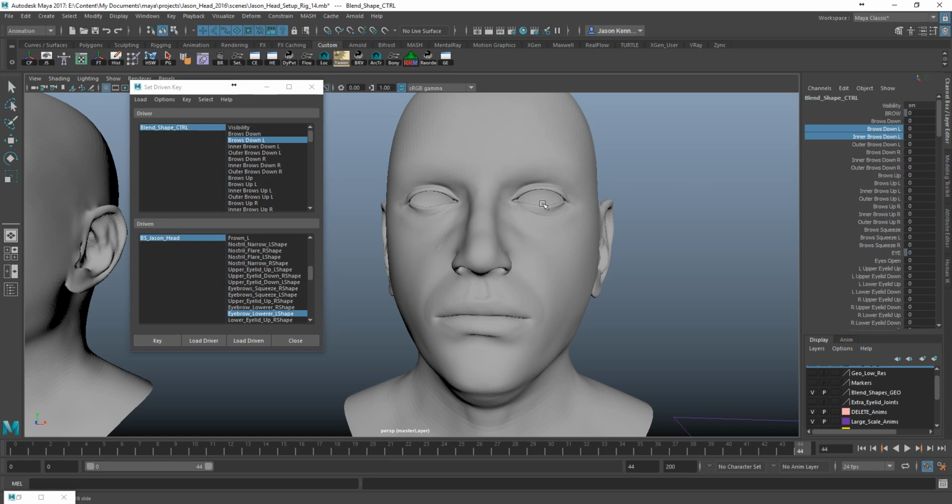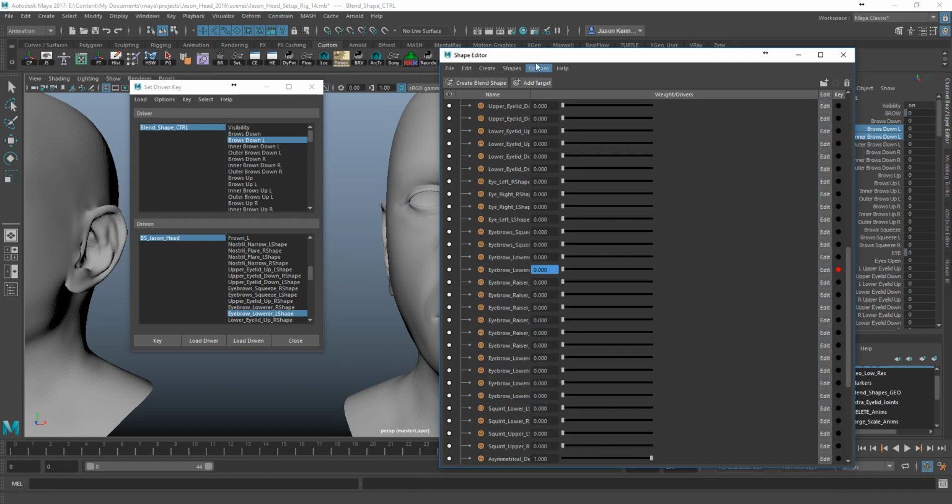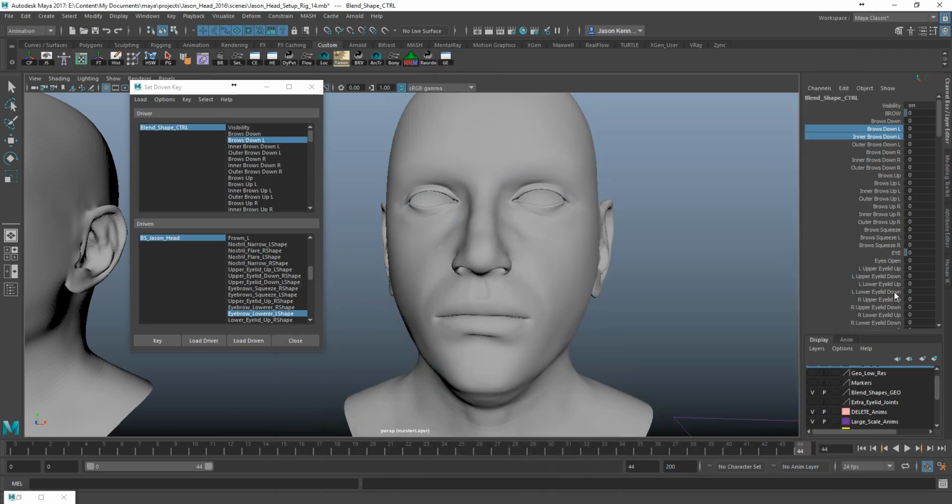Somewhere along the line, maybe it was because I was going back and forth between the shape editor and what was happening over here in the attribute editor, something just got incorrectly connected there. But now it works. So as I drag brows down left all the way up to 10, you'll notice that it is causing my eyebrow lower left shape to activate. And in fact, if we took a look at the graph editor